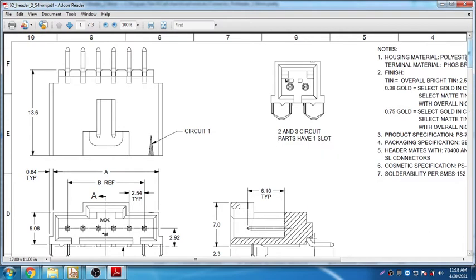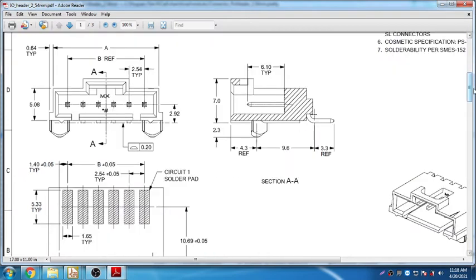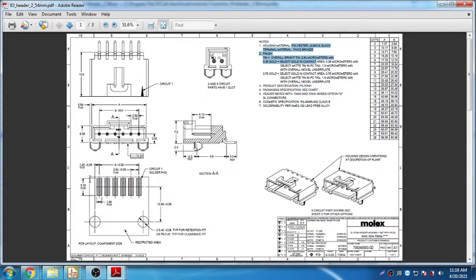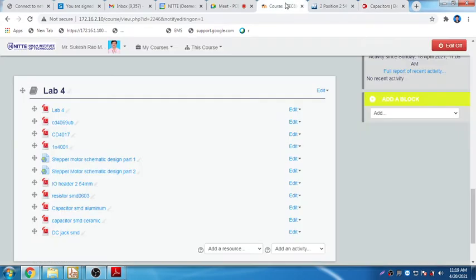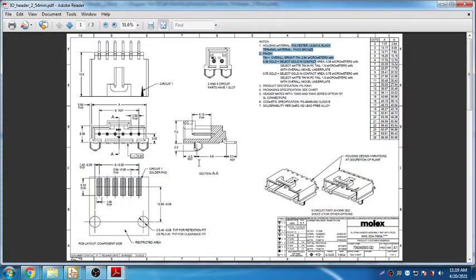So you see here this diagram. This is a pad. These are the pads where the soldering is to be put, and you see the dimension. This is there in the Moodle, which I have already uploaded on the Moodle as well. You can download the same. Now I need to design a package for this. You see the dimension is 13.6 mm. The connector from this one end to the other end is 13.6 mm. You can just see here.